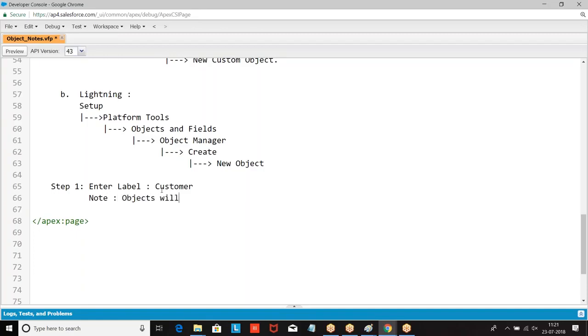Objects will be displayed in the UI with this label. Step number 2, enter the name, the name of the object.